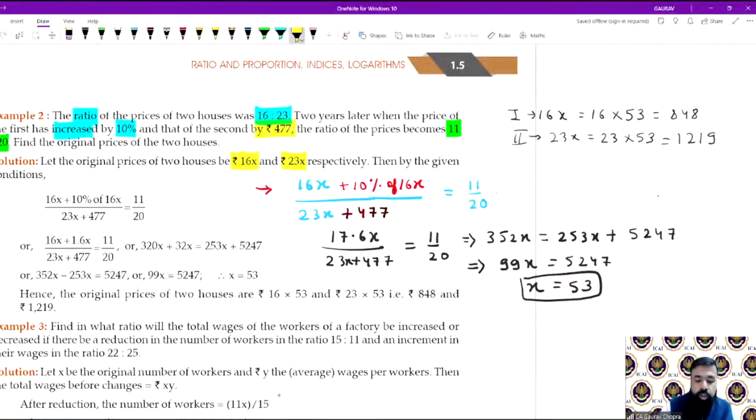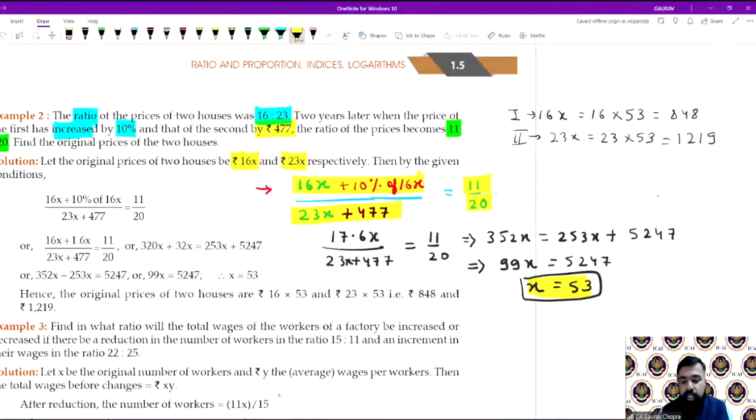सो फर्स्ट ऑफ ऑल 16x थी ओरिजिनल प्राइस, इसमें 10% हमने ऐड कर दिया। 23x थी ओरिजिनल प्राइस, इसमें हमने 477 को ऐड कर लिया, और इन दोनों का जो रेशियो आ रहा है, दैट इज इक्वल टू 11:20। ये करने के बाद सिंपली क्या करना है? क्रॉस मल्टीप्लीकेशन। क्रॉस मल्टीप्लाई करते ही आपके पास x की वैल्यू आ जाएगी, दैट इज 53x।